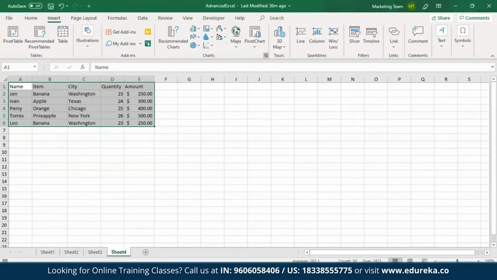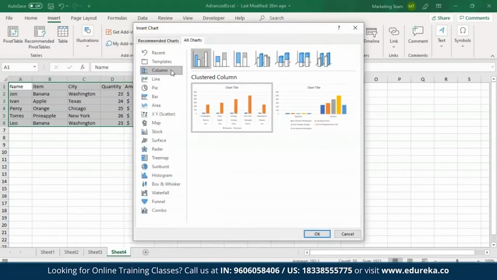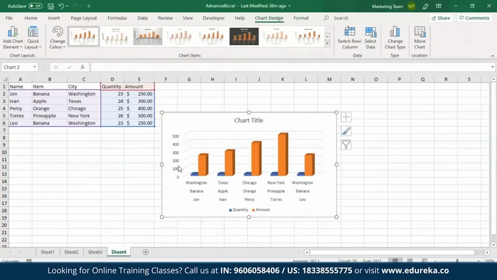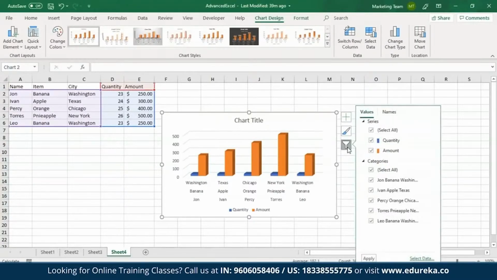I'll open up the charts pane. And from all charts, I'll select the column chart. Let me also change the design of this. So now I'll click on OK. So as you can see over here, a chart has been prepared for this table. So Excel will also allow you to filter this chart according to your preferences. So in case I want to see only the amount and not the quantity, all I have to do is